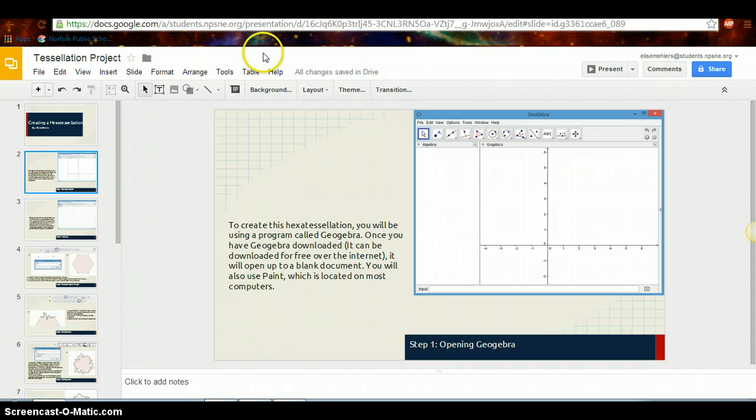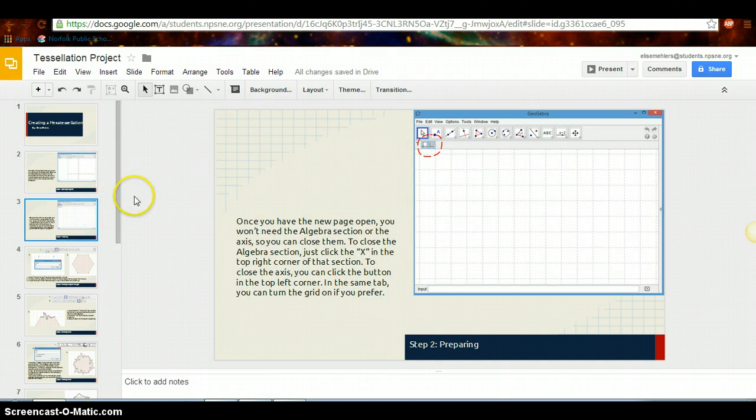Once you open up GeoGebra, you're going to have a blank document that looks pretty much like this. You're going to want to exit out of the algebra section that was on the left here. There should be an X in the top right hand corner, and it should exit out of that. You're also going to want to